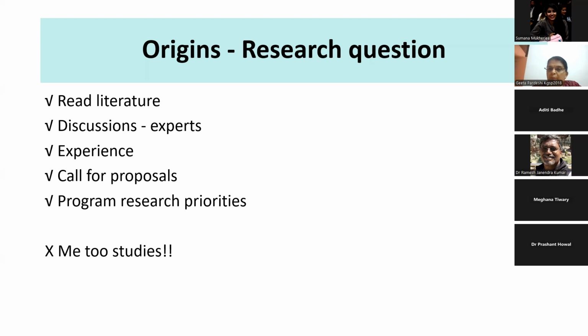There are calls for proposals on the websites of different national and international programs and agencies. So you can look out for these calls and identify what matches your passion and write your proposals by framing an appropriate research question. And then, of course, each program has its own research priorities. So those are also mentioned by the government on their website, and you can go through those research priorities and